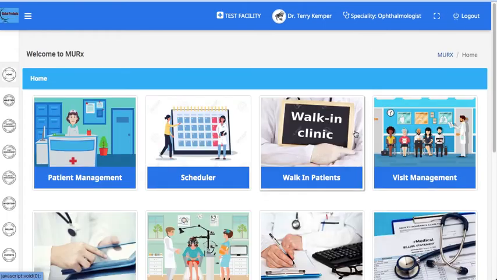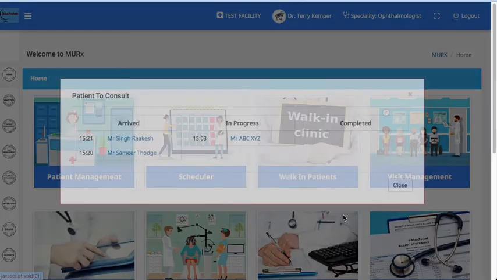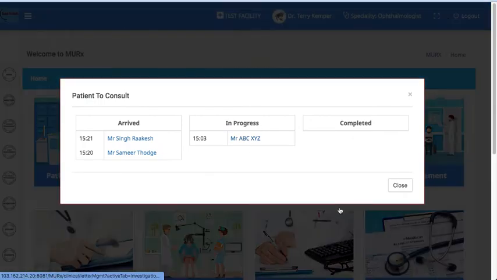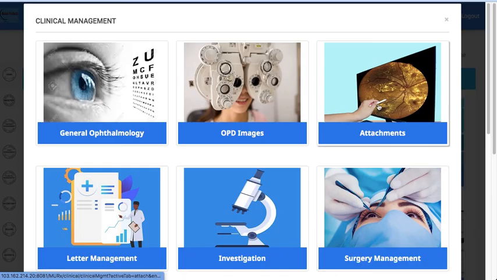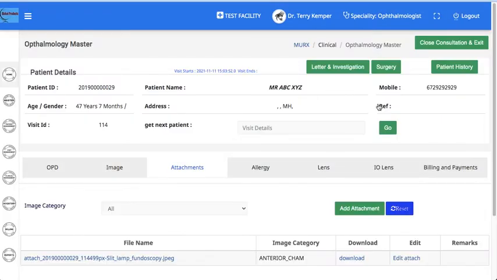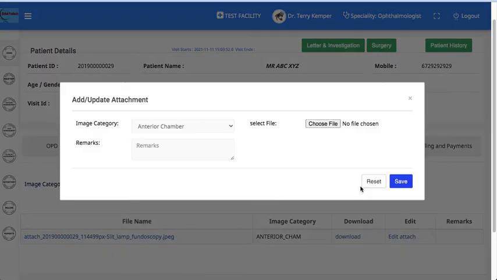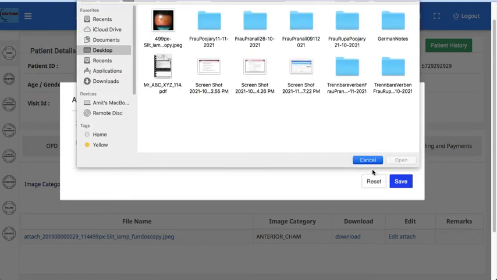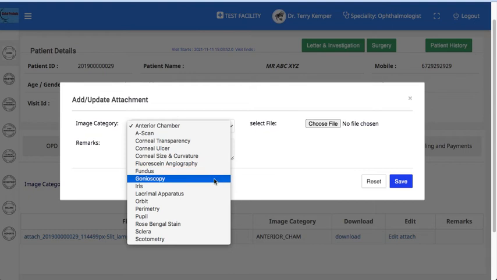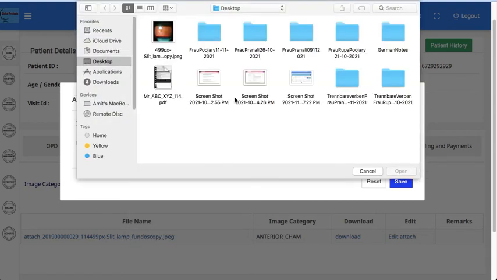Images captured using photographs can be uploaded in MURX in the attachments module, and the image can be marked up using the built-in image editor. So we click on add attachment. There's an image category from which to upload.